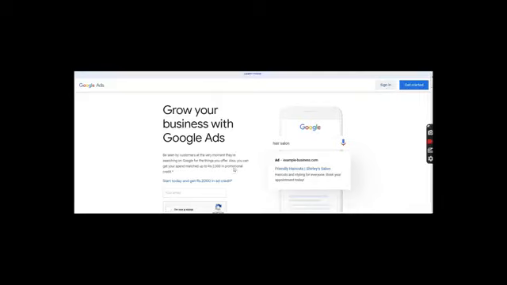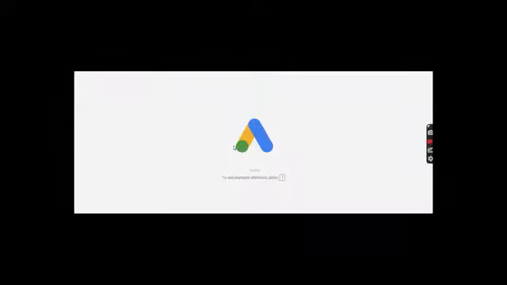I have already logged in with my Gmail account in the browser, so it will automatically take me straight away to the tool. Yes, here it is. So we are now in the Google Keyword Planner tool. Just hold on. Okay, so now this tool is opened, and as you can see, we are in the interface, the dashboard of this tool.